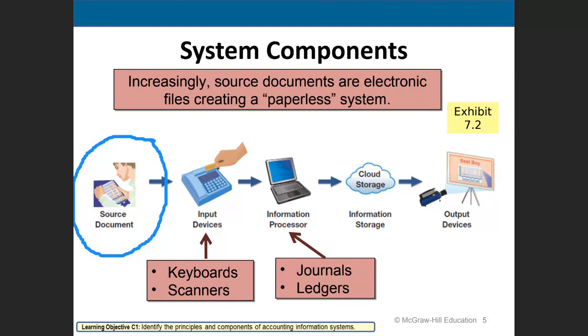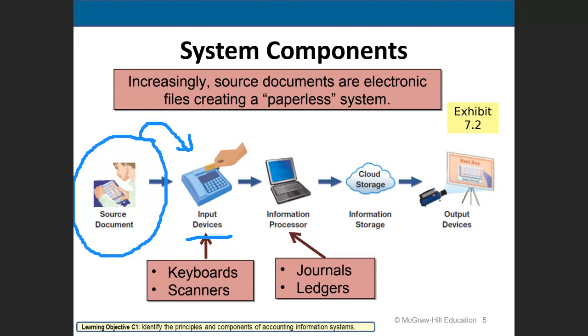Okay, so a source document can be an invoice, a letter, an ownership ID, or an ownership document. This is a source document where we, as accountants, identify that there is a transaction that should be recorded. From this source document, we record the transaction